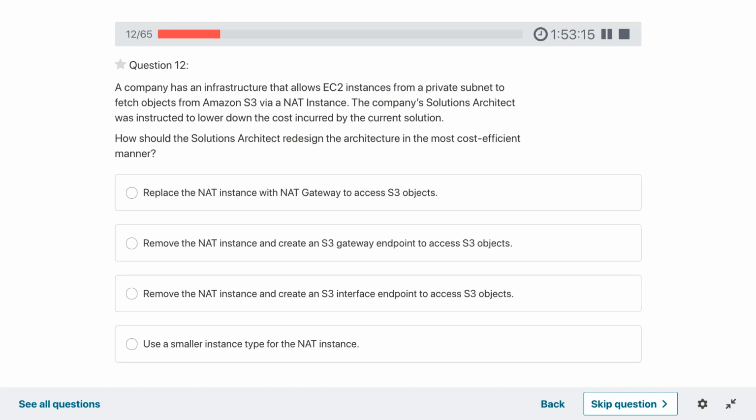Replace NAT instance with NAT gateway. Remove NAT instance and create S3 gateway. Remove NAT instance and create S3 interface endpoint. Use a smaller instance type for the NAT instance.